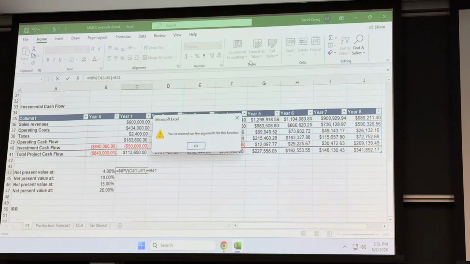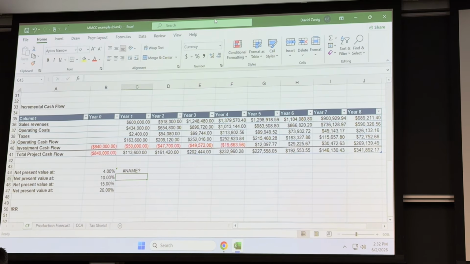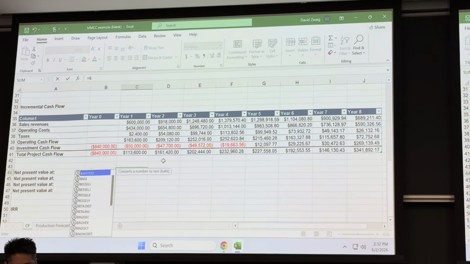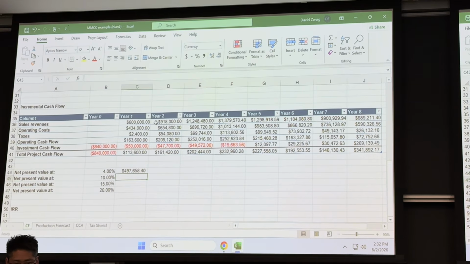This is an Excel thing. But if you do this, oh, what did I do wrong? You should put the rate. Oh, okay, I didn't put the rate, you're right, thank you. So I'll put the rate here, which is 4%. Oh, sorry, I should turn on the screen so I can see. Okay, what did I miss? Equal NPV. Put in the rate, which is 4%, and then it will be from year 1 to year 8 cash flow. And then I would plus the year 0 amount. There we go,